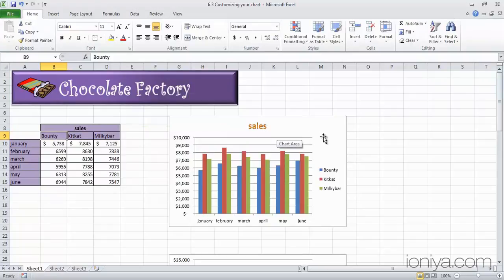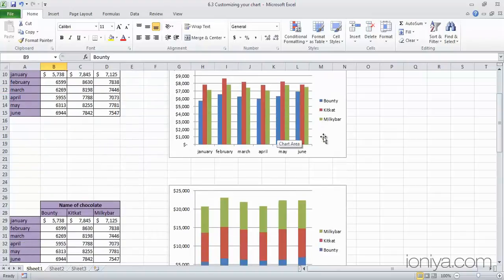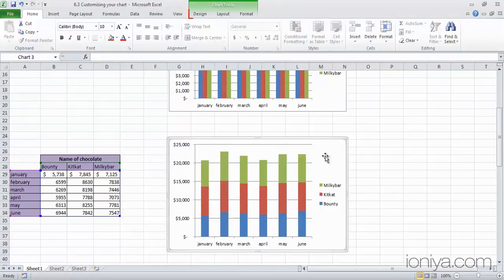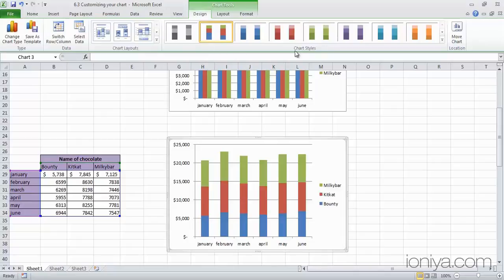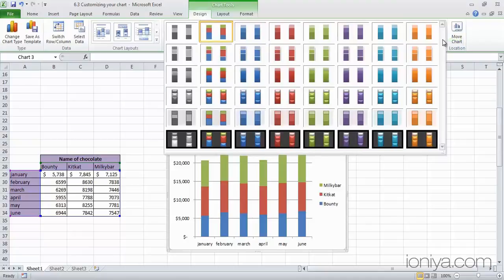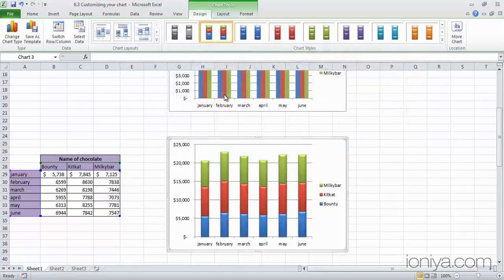You can even change the color and give some effect to these bars. First, let's activate the chart by clicking on it. Now, click on the Design tab. In the Chart Styles group, you have these various options. When you take your mouse pointer on any of these styles, the name of the style appears at the bottom. Click on this button here to see some more styles. Let's click on Style 26. It has a 3D effect to it. Now, the bars don't look plain and boring. Scroll down.